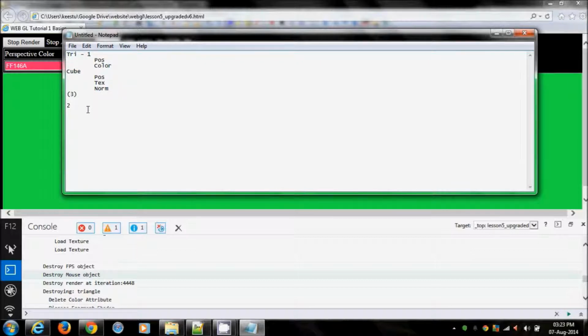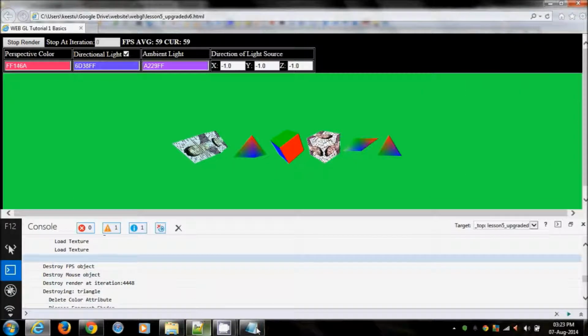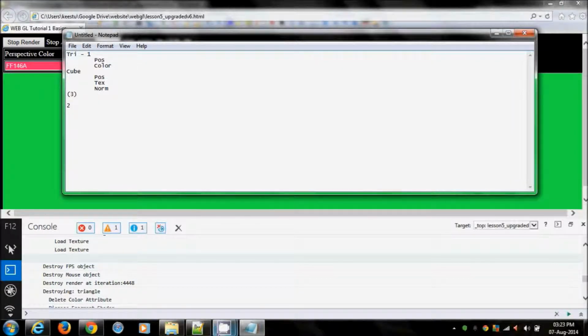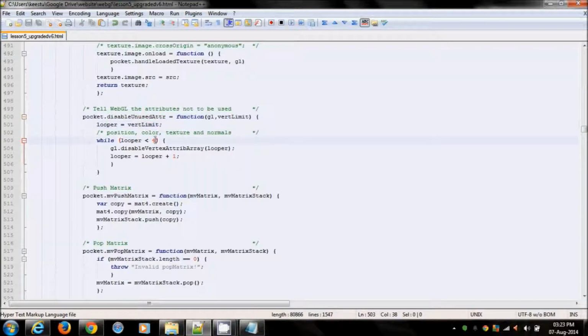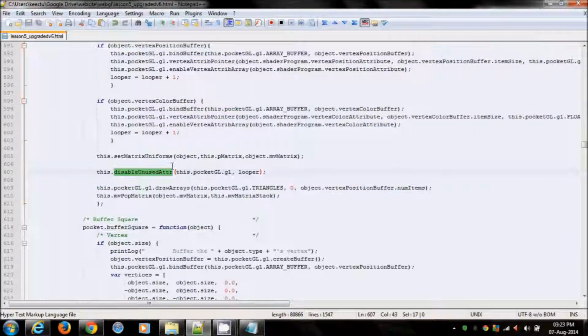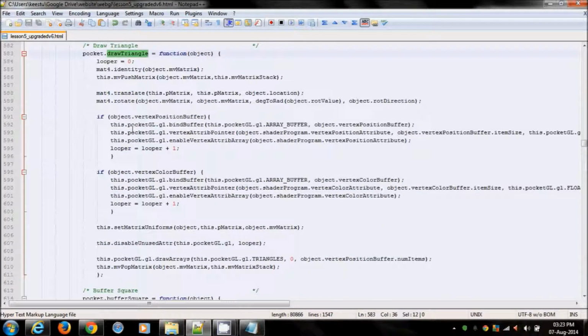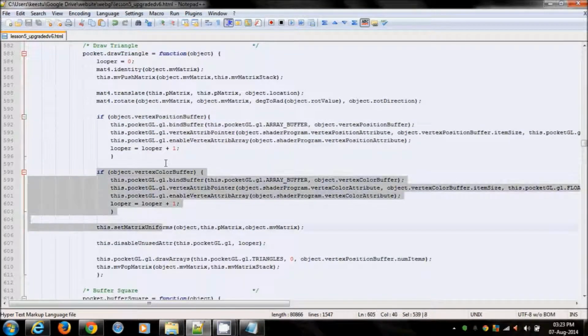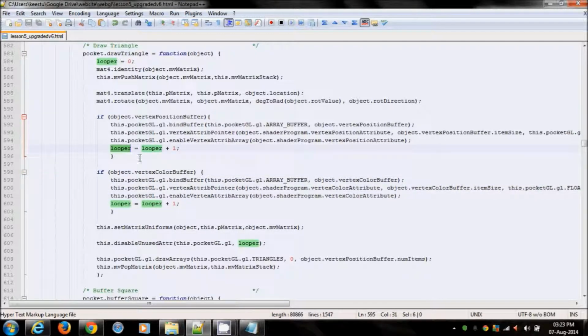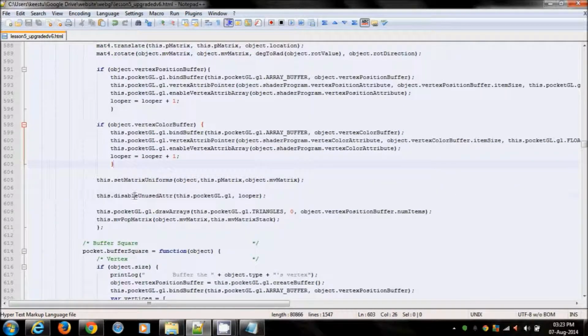So every time you need to enable position, color, and then whenever it comes back to the end, that is a maximum of 4 items. So when it comes to it, you disable the rest of them; you need to do this manually. That part I didn't know, and it was done over here. At the end of every draw functionality, once everything is enabled, that is 2 of them, here in the case position and color, then we would be disabling the rest of them. Similarly, it's been done for others.